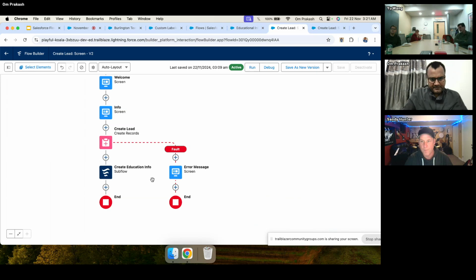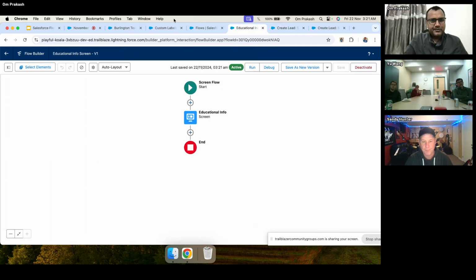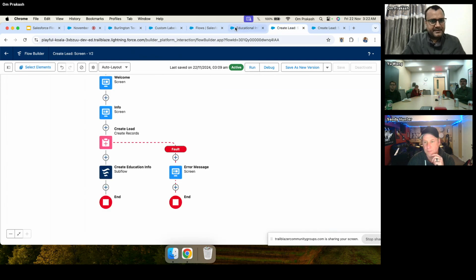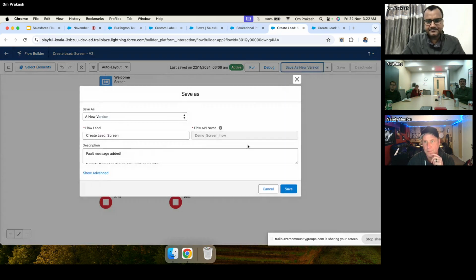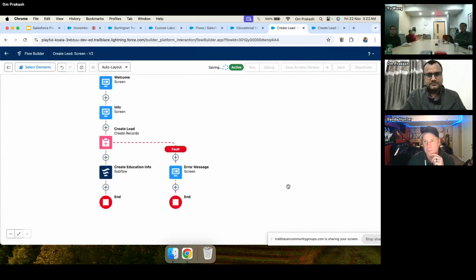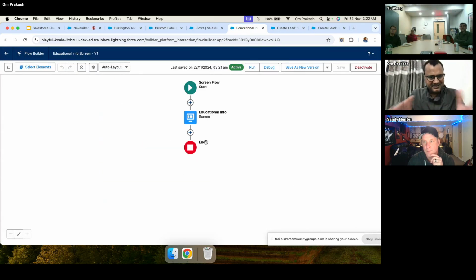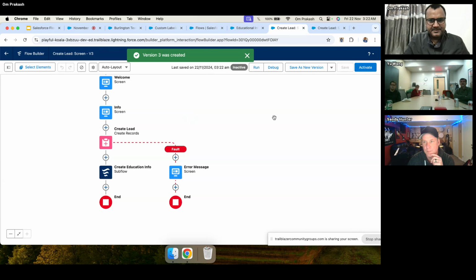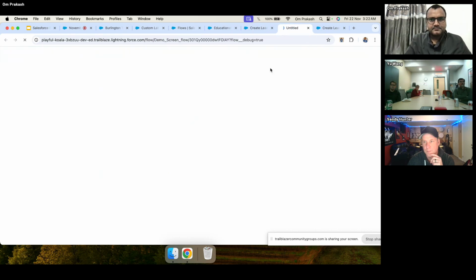What benefit is that now? This screen can be called from multiple places, right? Maybe individually we can call it from somewhere, or maybe we can call it from another flow, like this. Let me save this. I'm just trying to keep it very simple, not taking much info. But here if I go debug,